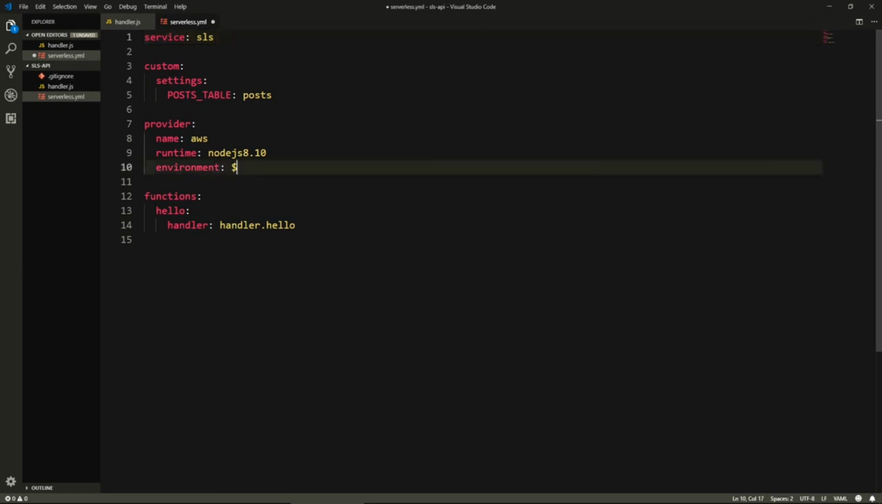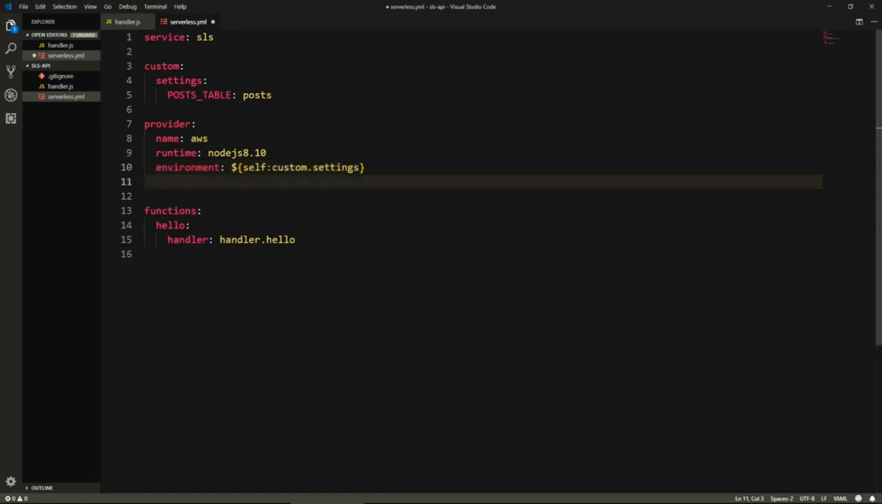Alright, so here for our environment, we need to say dollar curly brace to refer to our custom entry, self for this file, colon, custom dot settings. Now we have access to these variables. And here actually I need to set an IAM role to give permissions to my functions to operate some things. And I'll show you what these things are. So IAM role statements,